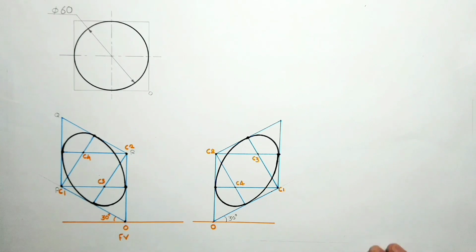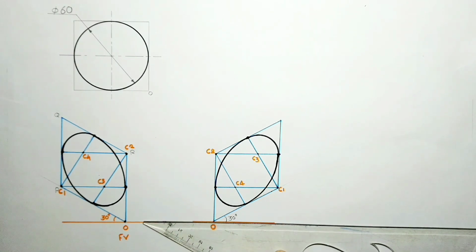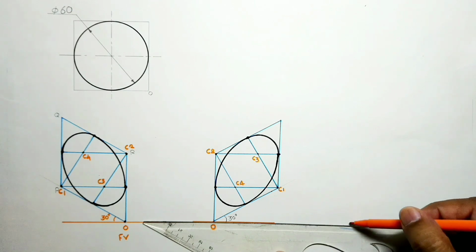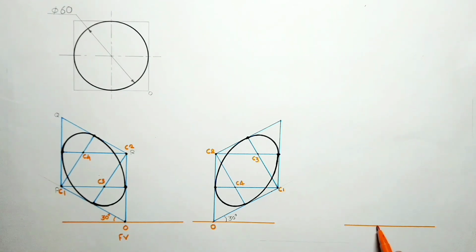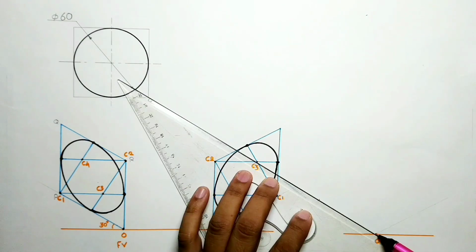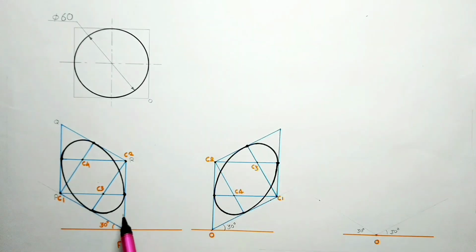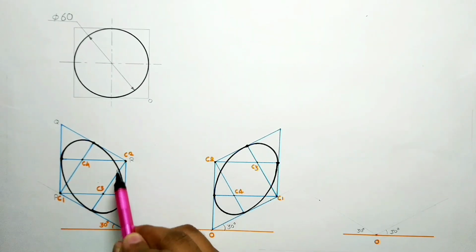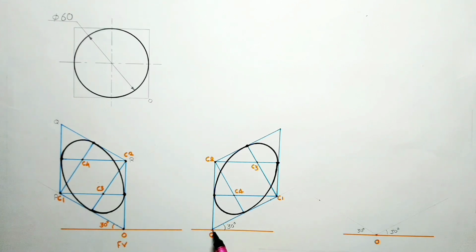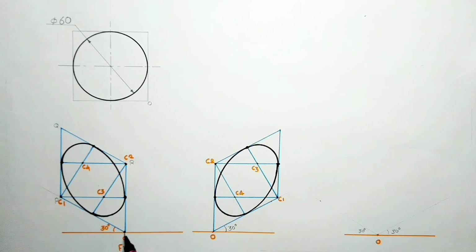Now the last part is how to draw a circle in top view. For that, again we are going to take the baseline, origin point, 30-degree line on left side, 30-degree line on right side. Here in the front view, length and height is there, so height should be vertical. In side view, width and height is there. Height should be vertical, width should be inclined. Height should be vertical, length should be inclined. From these two examples, understand that length is inclined at the left side, whereas width is inclined at the right side.